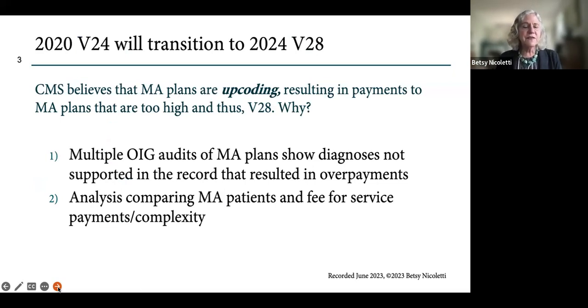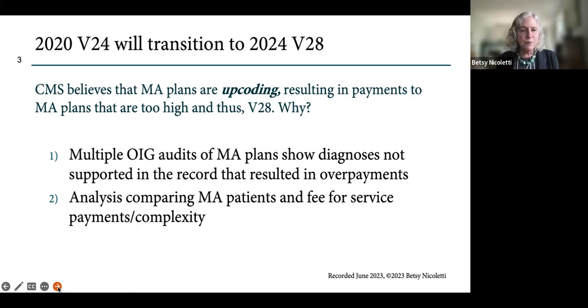CMS believes that some of these Medicare Advantage plans are upcoding, resulting in payments that are too high. And certainly we've seen that Medicare Advantage is one of the most profitable lines of business for healthcare insurers. Why does Medicare believe this?